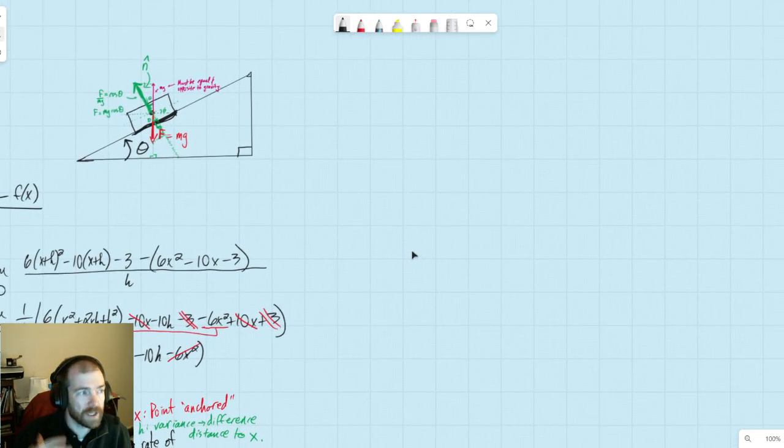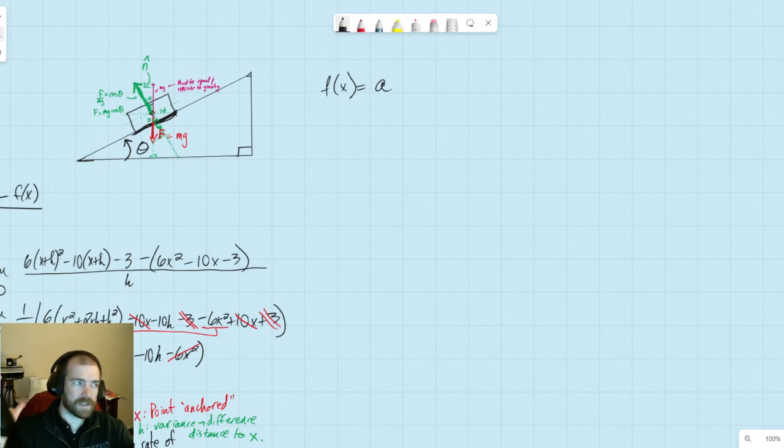All right, so then in general, we also want to start working on, okay, what kinds of functions do we have? So if f of x is equal to a, it's a constant function, right? This is boring, but we can still do it. And we have to prove this sort of thing anyway.